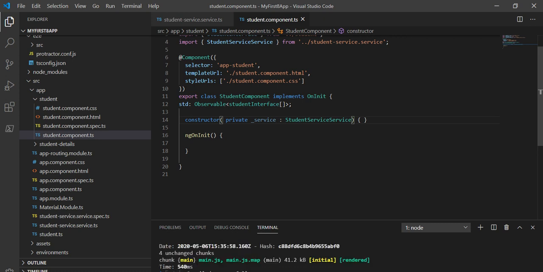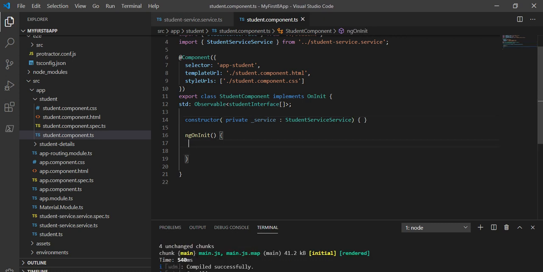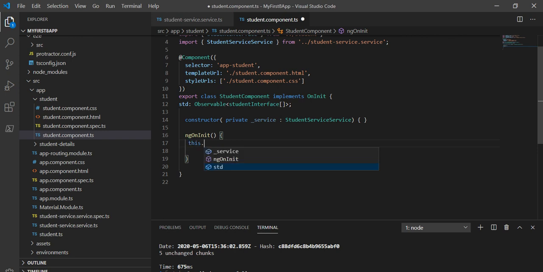So that's the first thing. Now in this ngOnInit I am going to fetch that function. So I will assign that inside this std, this.service.getStudentDetail. So it will give the data to us.